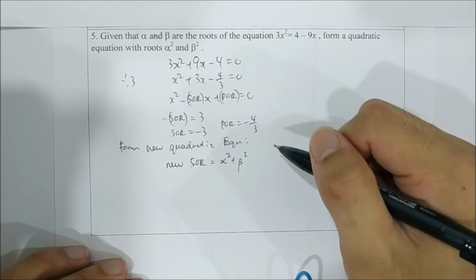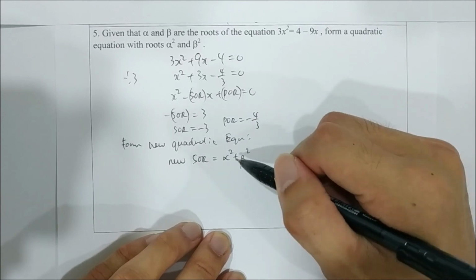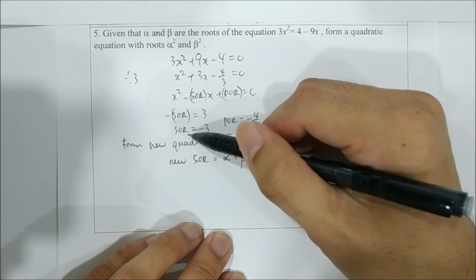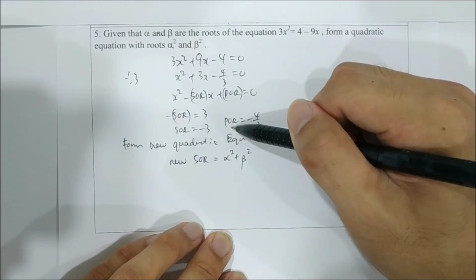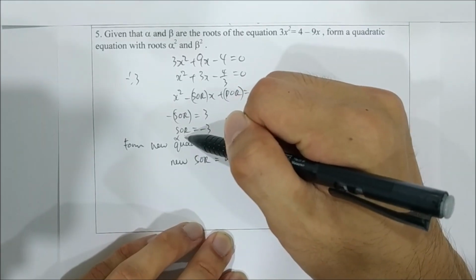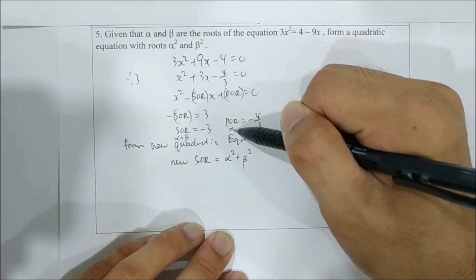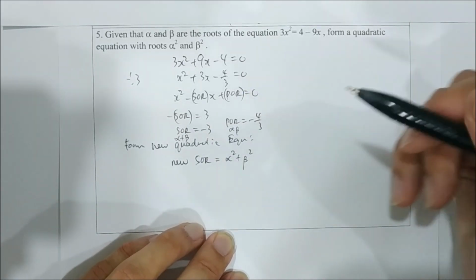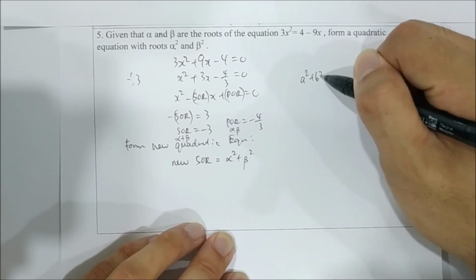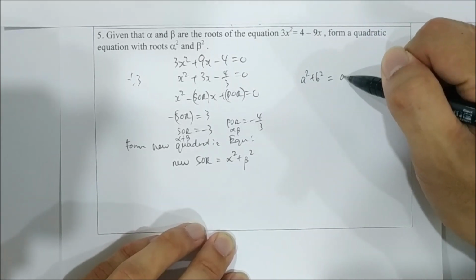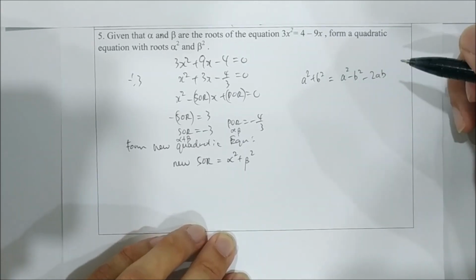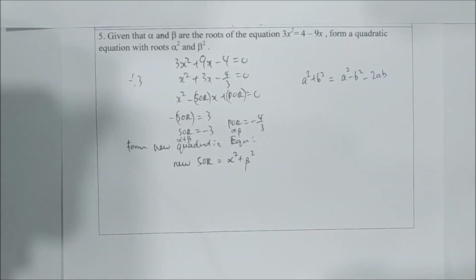plus beta squared. The trick here is we want to change this so that it's either in the form of alpha plus beta or alpha times beta. Okay, so this is alpha plus beta, this is alpha times beta. So we can use the properties of a squared plus b squared equals to